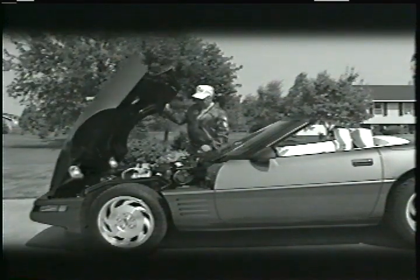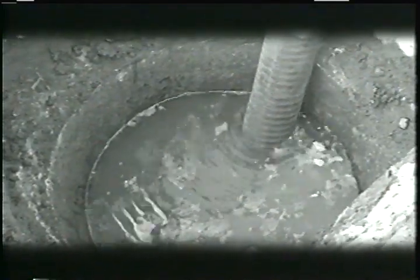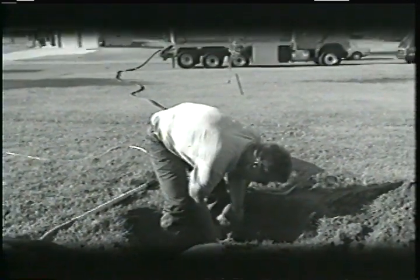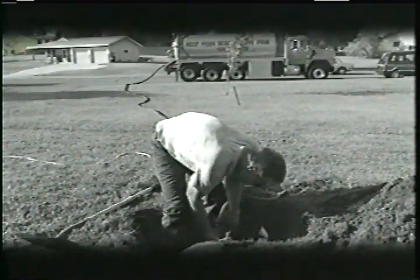Just like other types of valuable equipment that require servicing in order to stay in good, reliable operating condition, a septic system needs periodic attention and maintenance to continue to work the way it was designed. And like most neglected equipment, a poorly maintained septic system can be dangerous to operate and very costly to replace